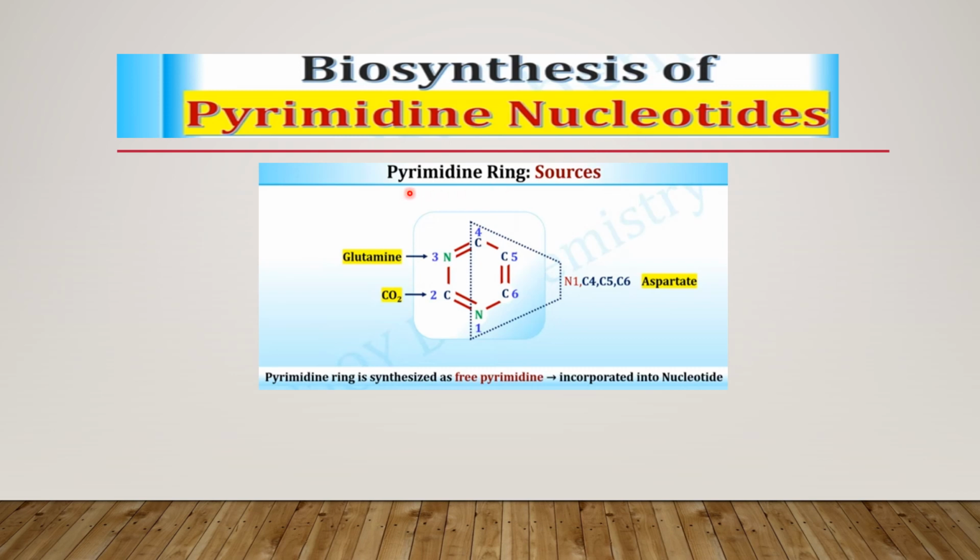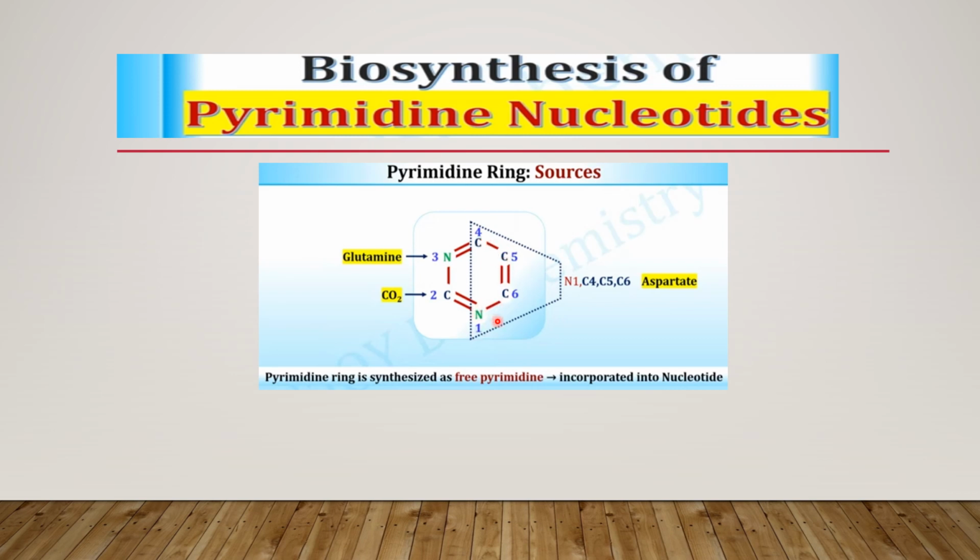Here first we see a pyrimidine ring. This is a basic structure of the pyrimidine ring. It is a single ring structure having carbon and nitrogen present in it. It is a six-membered ring. Out of these, the three carbon and one nitrogen,